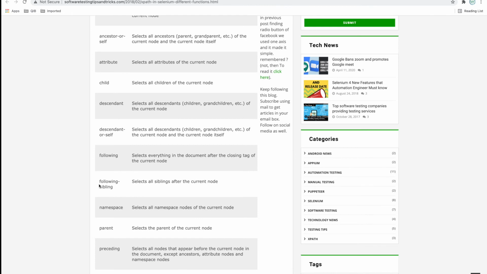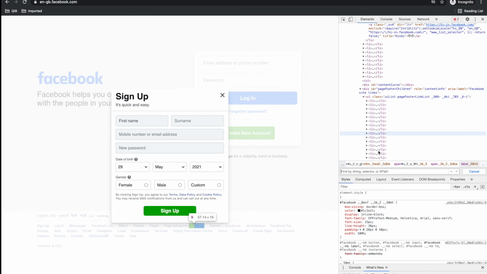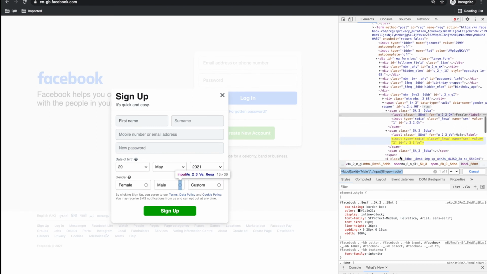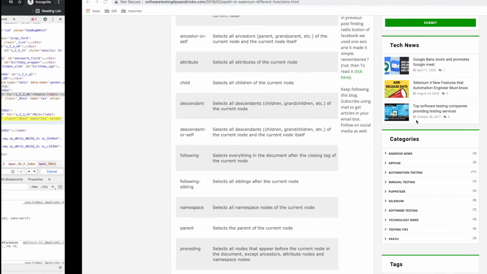But following-sibling selects all the siblings after the current node. Currently I am at something and I want to go to its sibling. In the example we saw in Facebook, for the radio button I used double slash, but it is the sibling of this label, so you can directly use sibling and it will directly identify that radio button.